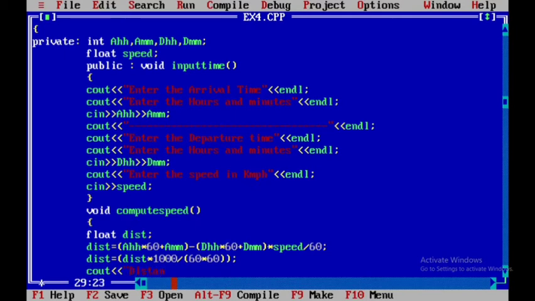Then cout. We need to display the distance. So distance traveled equals, where it is stored, in dist. We need to specify meters per second, right? So meters per second.